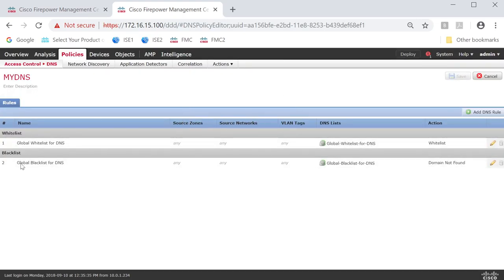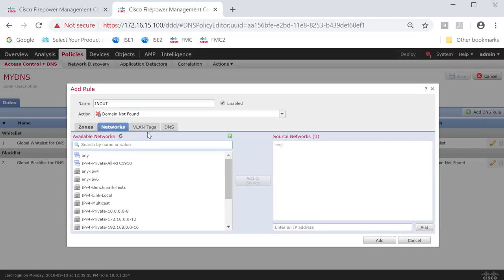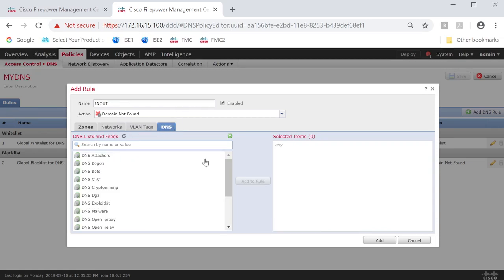As you can see, I have two sections, whitelist and blacklist. When I click over here, I'm going to add a rule that is going to affect all inside, outside DNS flows. So this is going to be my source zone. It's going to be for all networks. And then under DNS,